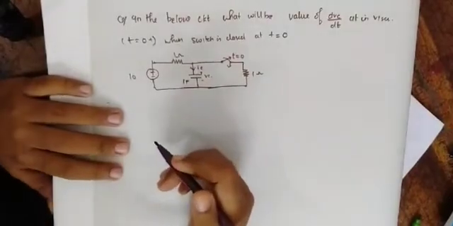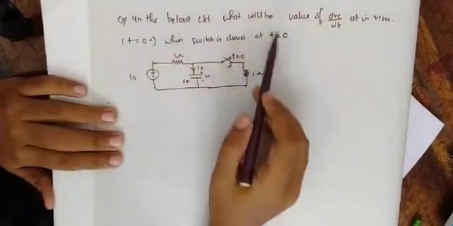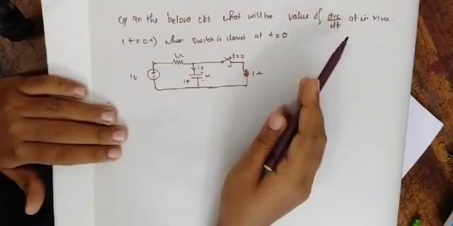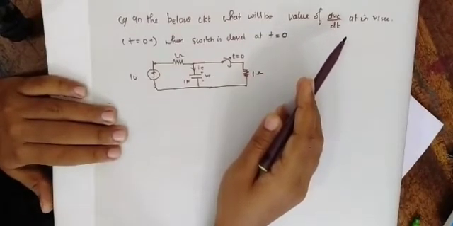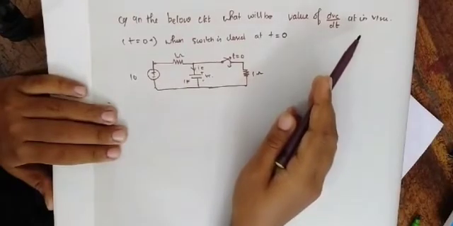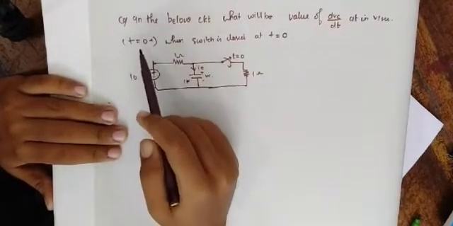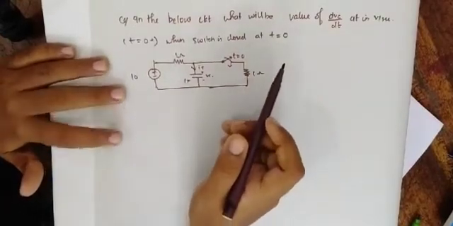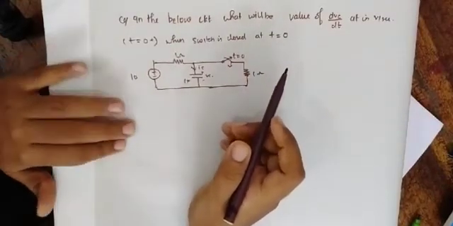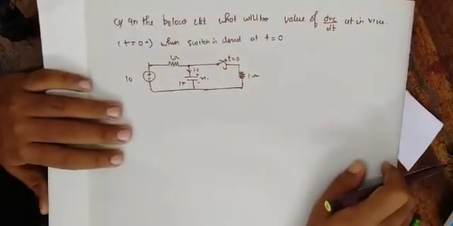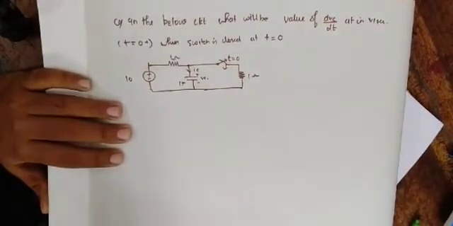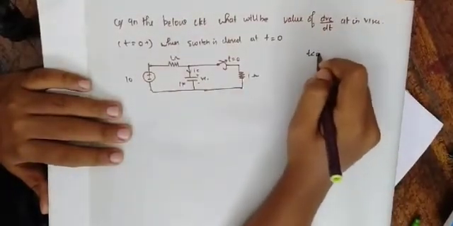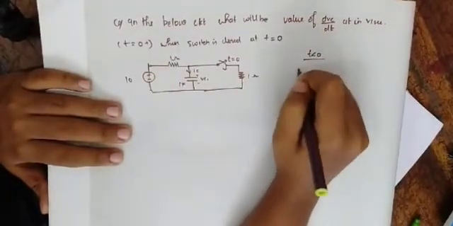Okay, and the next question is, in the below circuit, what will be the value of dVc by dt in volt per second when t is equal to 0 plus, when the switch is closed at t is equal to 0. Right. So whenever these kind of questions are coming, what we have to notice is that before t less than 0, capacitor will be